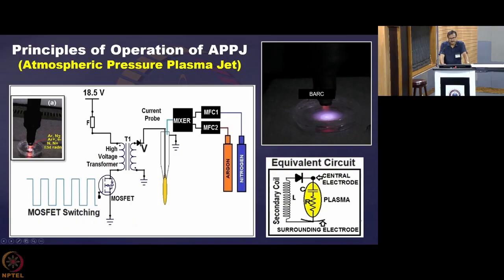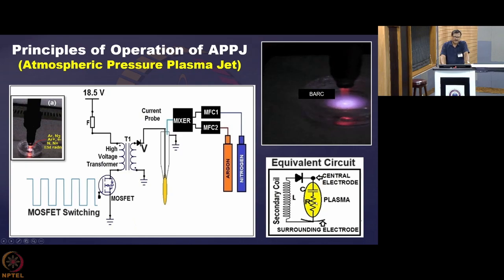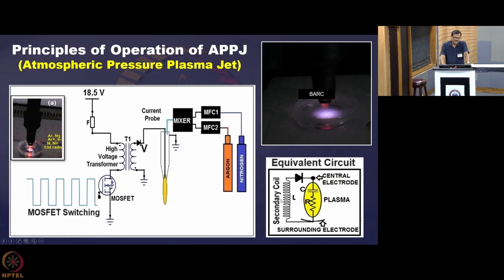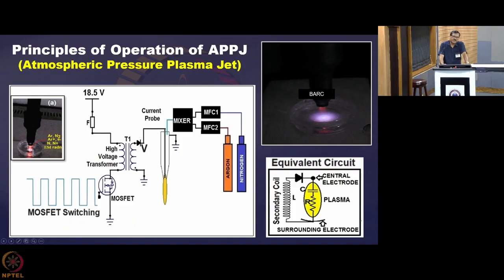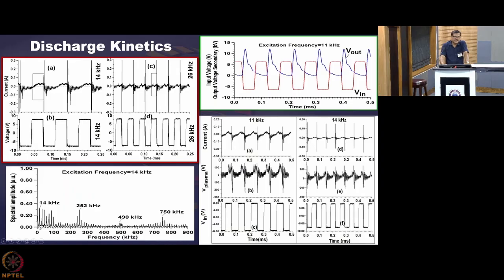Now when the plasma is formed here, it may be considered as an LCR circuit. L is formed by the secondary, this is the capacitance of the plasma, and this is the resistive part of the plasma. So together this forms a closed loop oscillatory circuit. So whenever the discharge takes place at the falling edge of the input square wave signal, the plasma is created and it starts oscillating because of the LCR nature of the circuit, and that helps the plasma to sustain quite a bit.